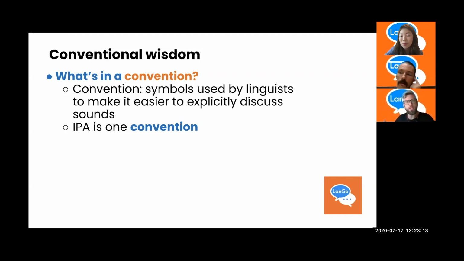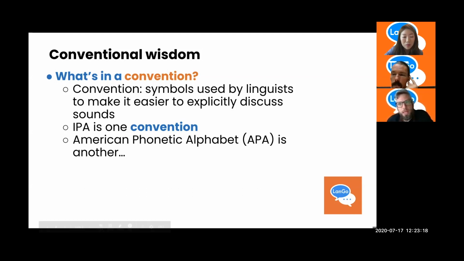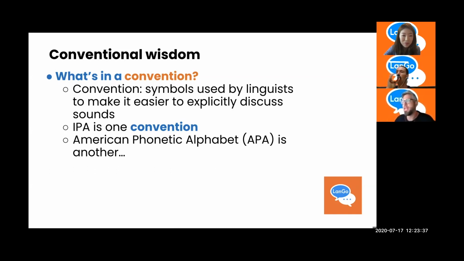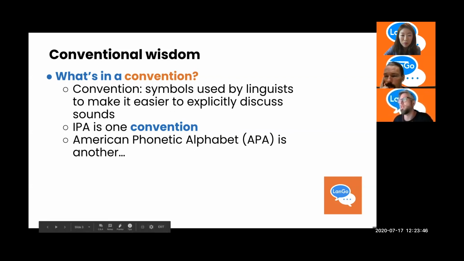There are other conventions. Another famous one is the American Phonetic Alphabet, which was formulated more for the purposes of Native American and First Nations languages. So when you get to a language like Klallam, spoken in the Pacific Northwest, it'll have a distinction between sounds that are hard to describe otherwise. Wow, we need a way to talk about this. So APA it is. For our purposes, we're just going to stick with IPA, but if you are studying language, whatever convention you like is going to be helpful for you for learning sounds.